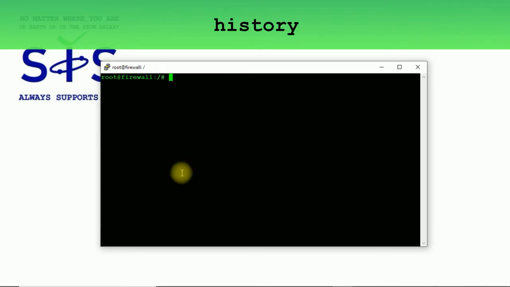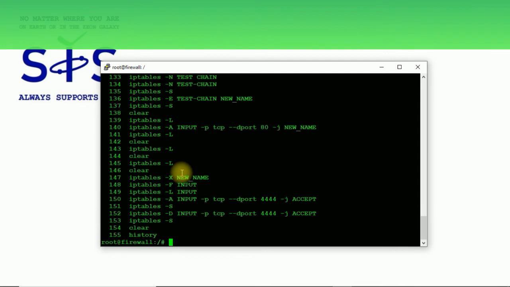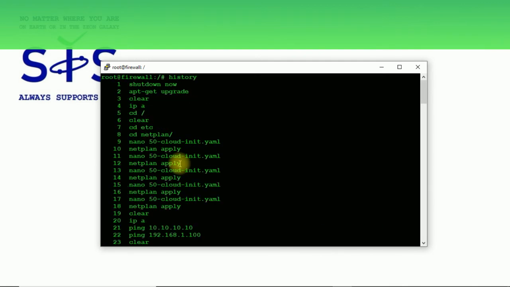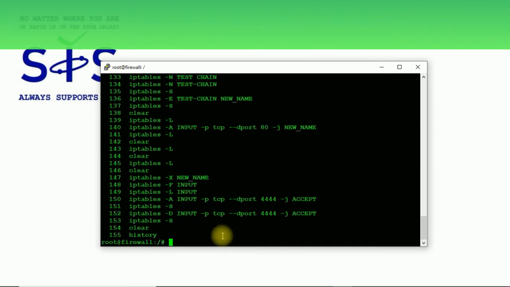You can always browse the history of used commands, of course using arrows or typing something called history. And next, after hitting enter, you can browse commands that you previously used.